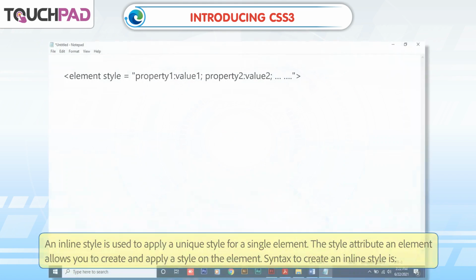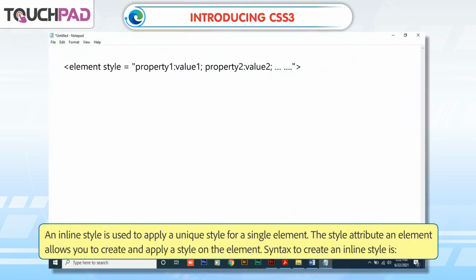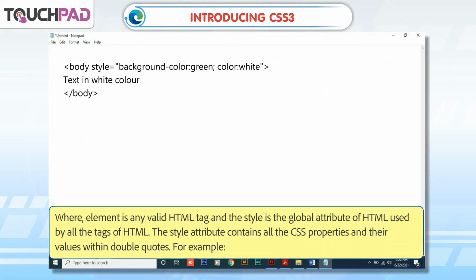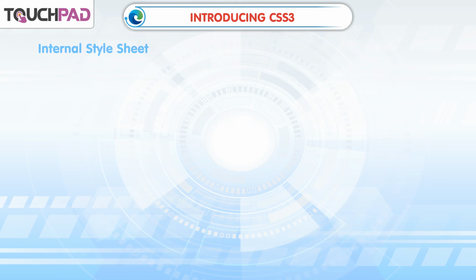Inline style sheet. An inline style is used to apply a unique style for a single element. The style attribute of an element allows you to create and apply a style on the element. Syntax to create an inline style is shown, where element is any valid HTML tag and style is the global attribute of HTML used by all the tags of HTML. The style attribute contains all the CSS properties and their values within double quotes. For example,